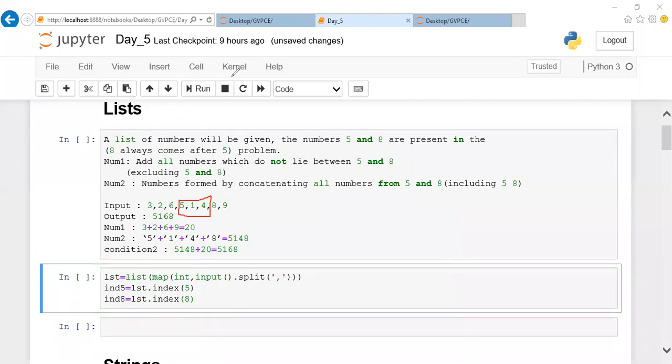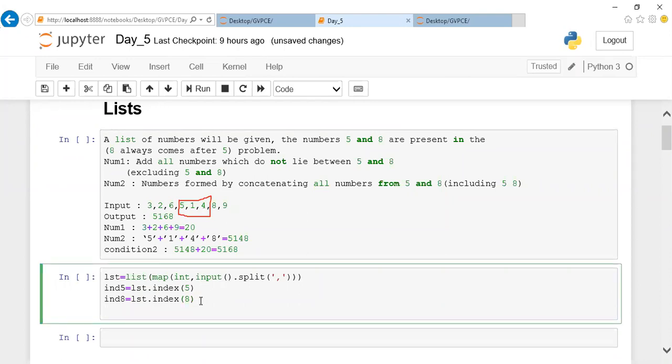Okay, I'm going to slice the part whatever is required, so I can go ahead with the slicing. I'm going to slice this part. So let me do it here. For slicing, you have seen how to slice by mentioning the list of the part which you want, from where to where: from the index position of 5 to the index position of 8.